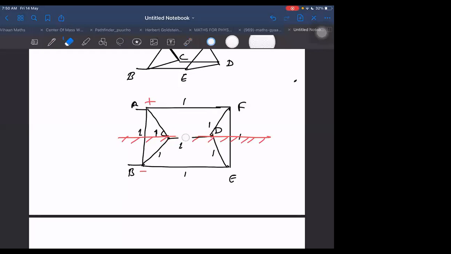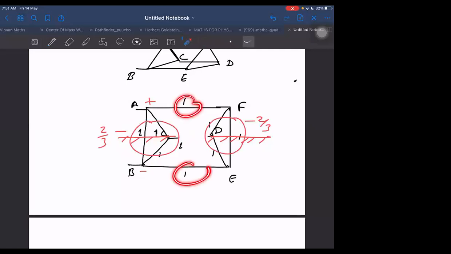If we are removing CD, then we are getting these in series, and again in parallel with 1, again parallel with this. So we are getting 2 in parallel with 1. What is 2 in parallel with 1? 2 by 3. 2 by 3, plus 2 by 3. This is 2 by 3. This is also 2 by 3. At last, 1 and 1 are in series with 2 by 3.